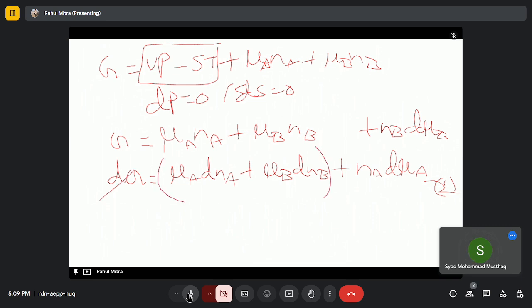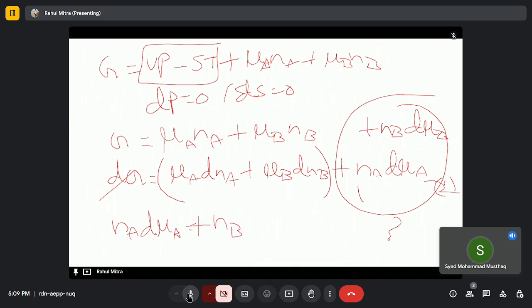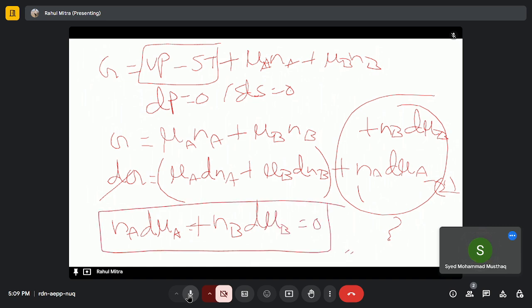Now, what happens to this term? This term will be equal to 0. From this equation we can get the relationship between the chemical potentials or the extensive properties. If we don't assume dP is equal to 0 or dS is equal to 0, or sorry, it's not dS, it's dT. Yeah, dT equals 0, and if we take out this term, then again they will appear in this Gibbs-Duhem